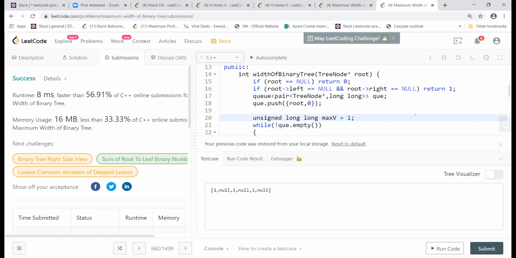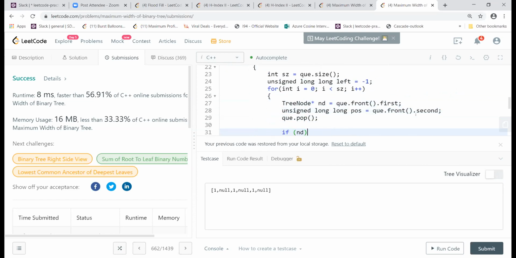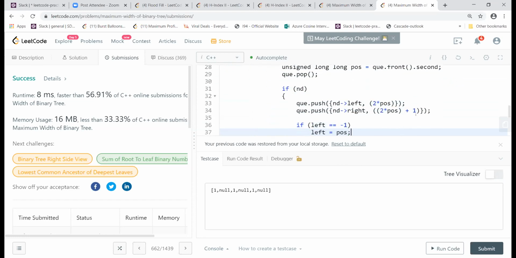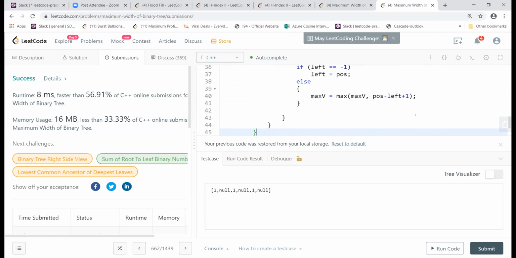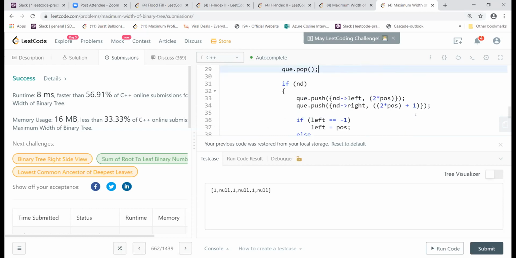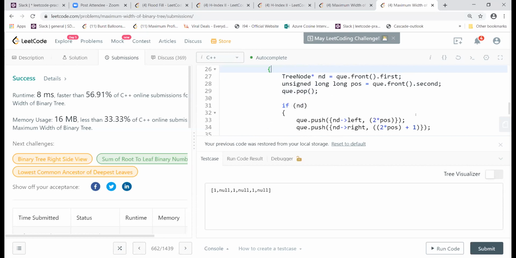But if it happened to be initialized to a different number, then it won't work. Absolutely, it won't work. Then I'll have to take care of it somewhere here: if it is left, and then I'm coming out of this level, I have to set max v here. So that change I'll have to make. Either way, you'll have to make some modification there. Yeah, it looks good.